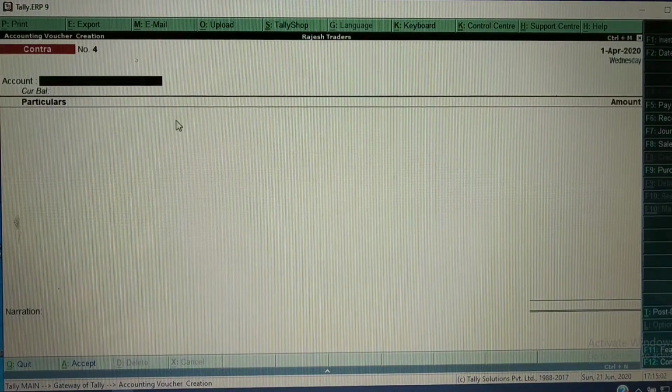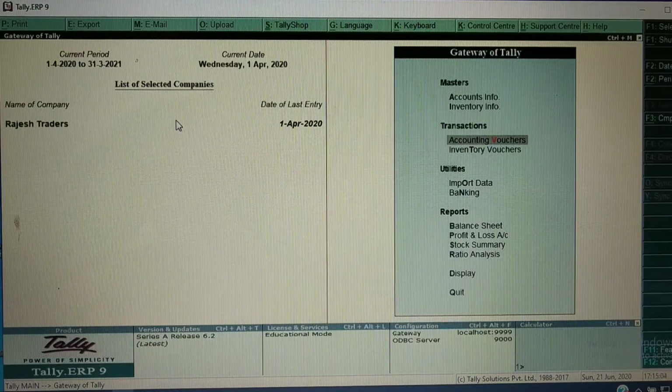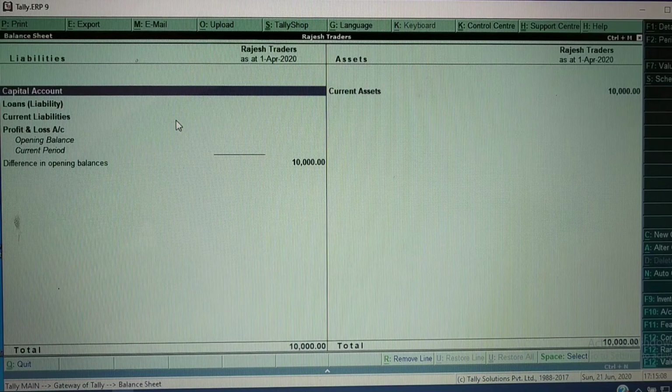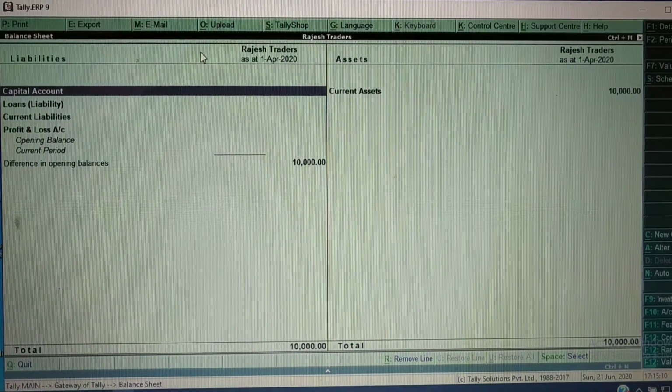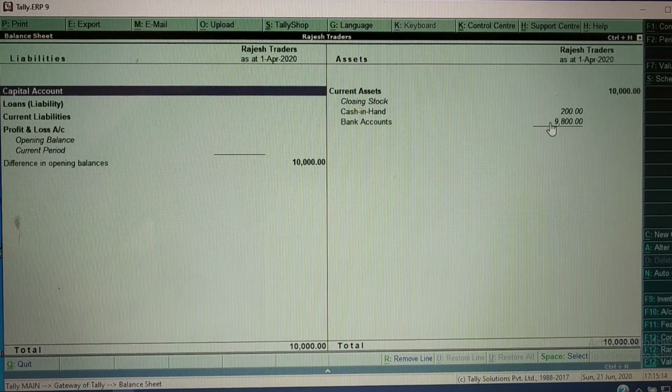Okay, now I will show how to check the balance sheet. Go to balance sheet. Okay, press Alt F1 to expand the details. Now you can see what the current balance is. 200 rupees. Before it was 5,000 rupees. I deposited 5,000 rupees to SBI Bank. And then again I withdrew 200 rupees from SBI Bank. Now the current balance in my cash is 200 rupees. So that you can see in cash in hand.